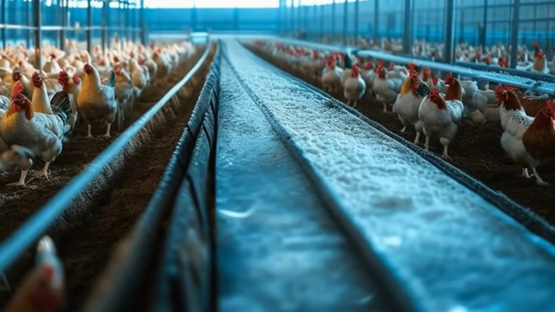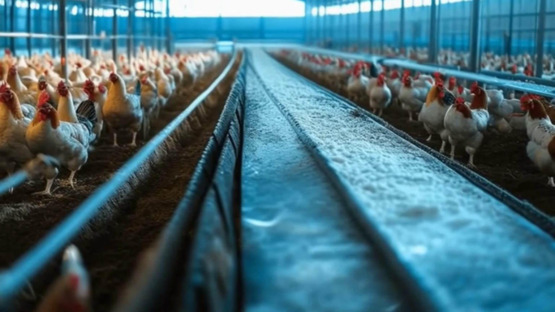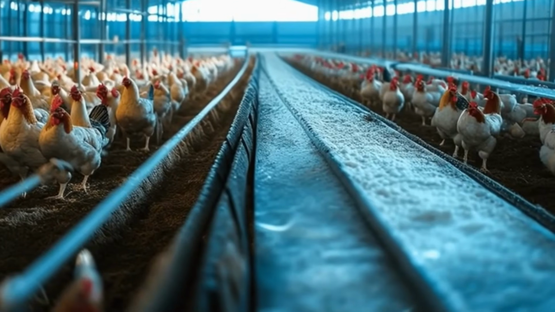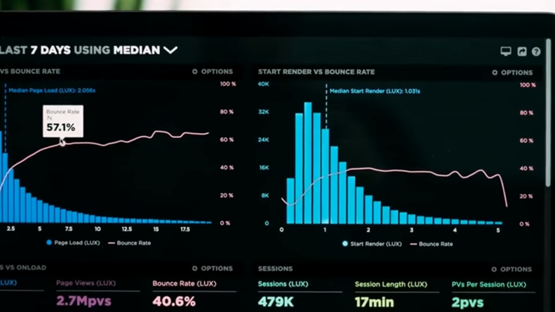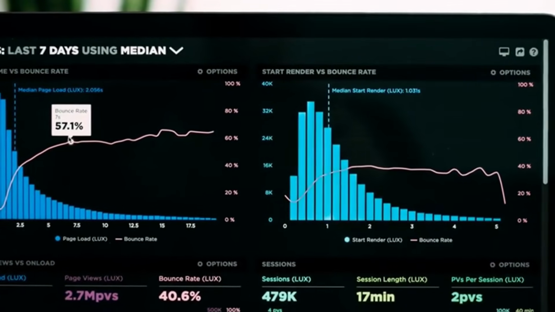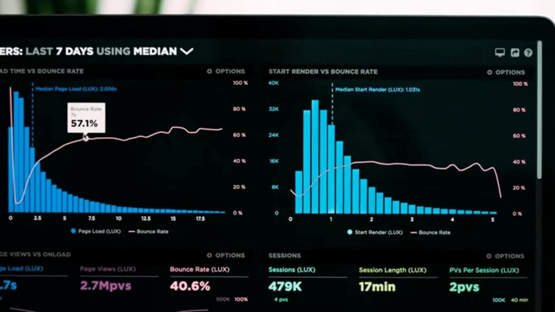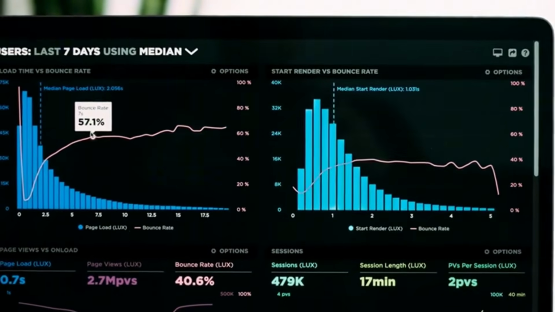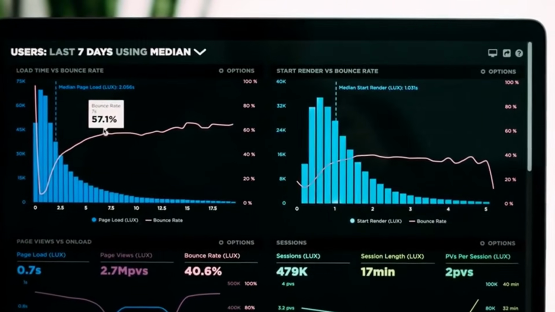Looking to the future, the poultry industry is likely to see continued technological advancements. We may see further integration of artificial intelligence and big data analytics to optimize every aspect of production, from egg incubation to processing. There is also growing interest in alternative protein sources, including plant-based and cultured meat products, which may impact the traditional